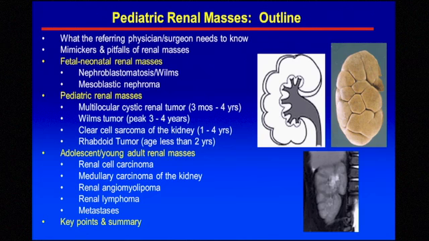nephroblastomatosis, mesoblastic nephroma in the fetal neonatal group, multilocular cystic renal tumor in pediatric renal masses, Wilms tumor, clear cell sarcoma of the kidney, which is different, rhabdoid tumor, and then in the older group, renal cell carcinoma. Yes, it does sometimes happen in pediatrics, medullary carcinoma of the kidney, renal angiomyolipoma, renal lymphoma, and a brief comment